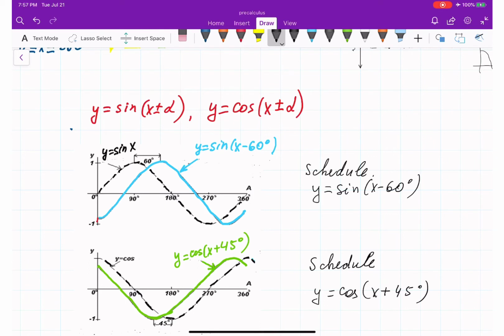Y is equal to sine x minus 60. Why schedule? Because x minus 60, x plus 45, x minus 120, it's either the second trig function is falling behind or it's leading, getting ahead. So that's what you use when you want to schedule